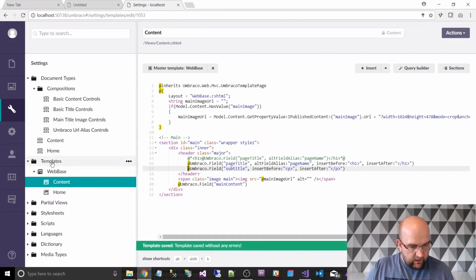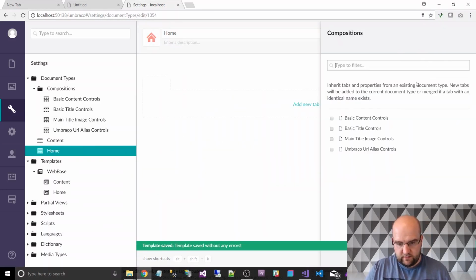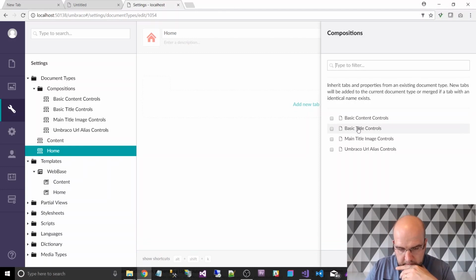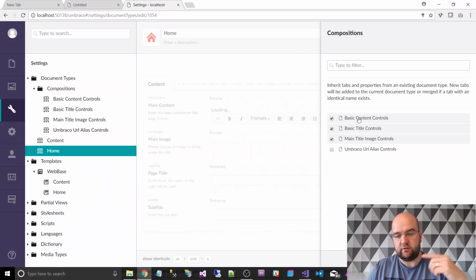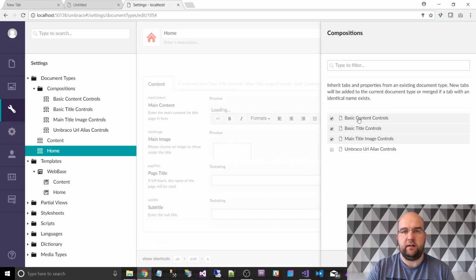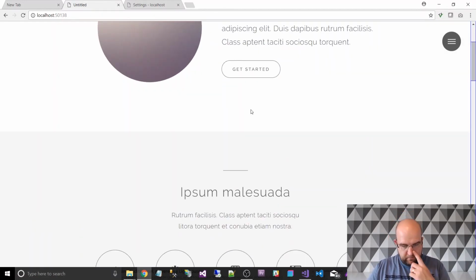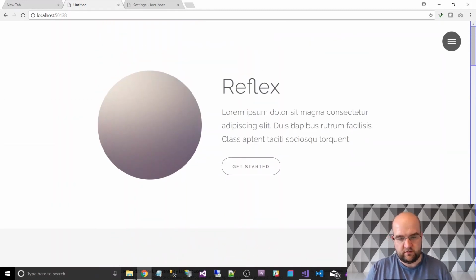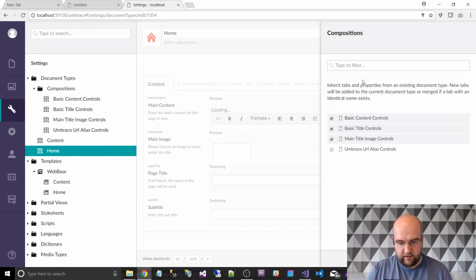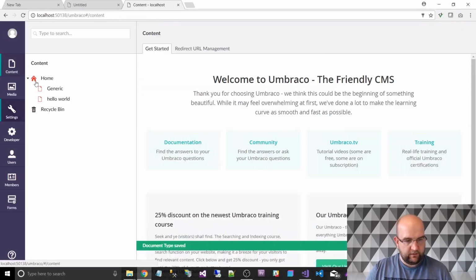So let's go into home and click on compositions, and I'm going to choose basic title controls, main title image controls, and basic content controls, actually, because I want to pull in the content, because although the template doesn't have it on here, I think it'd be nice to have an opportunity for some content just after. So I'm going to have that on there as well. So I'll click on submit and save. Now we can go into the home page,